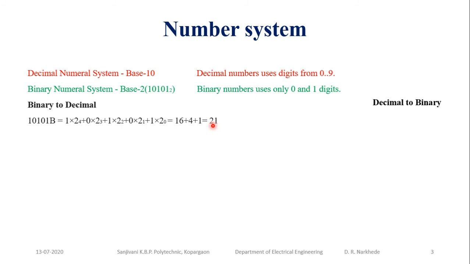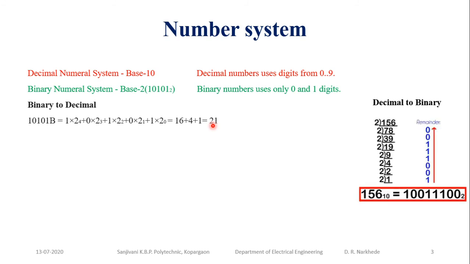Now in the same manner, if something is in decimal, as my computer does not understand the decimal number system, so I am giving the number 23 or something. The computer does not understand it, so it has to convert that number into a binary number. How will it convert that number into the binary number? Say 156 is my decimal number. In that case, we need to divide it by 2. When you divide 156 by 2, we get 78. What is the remainder? 0.